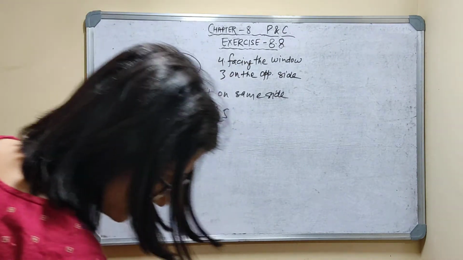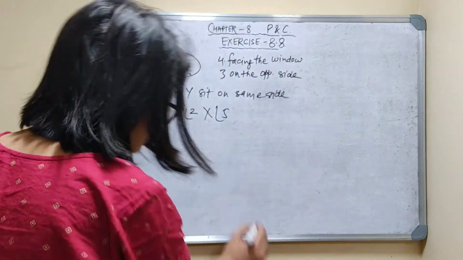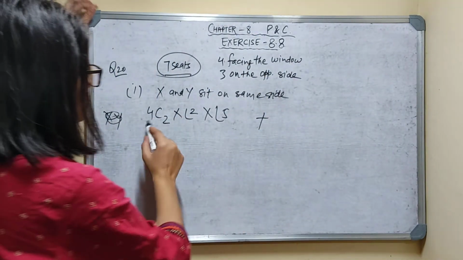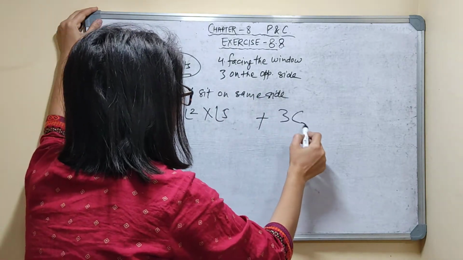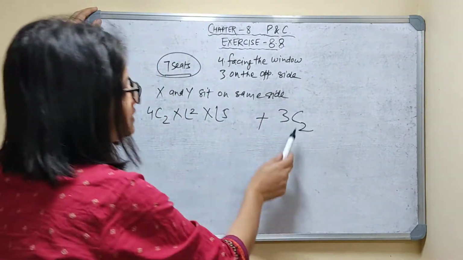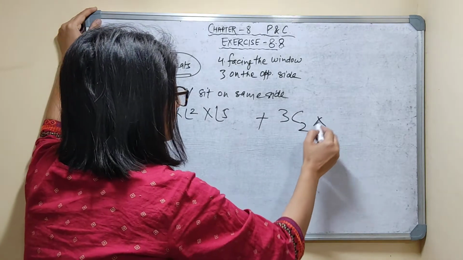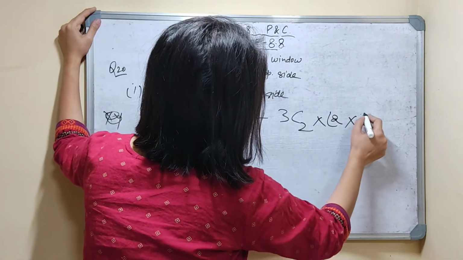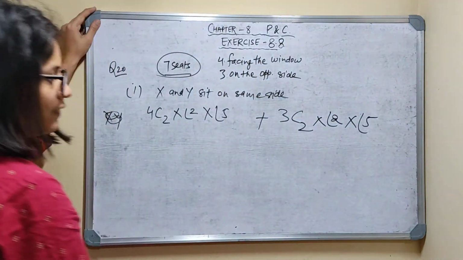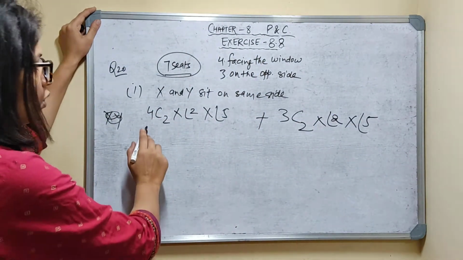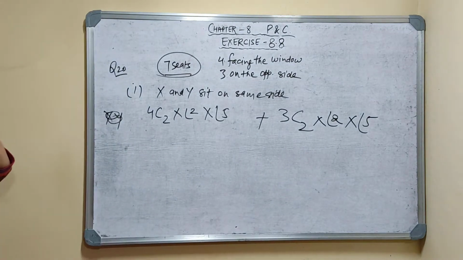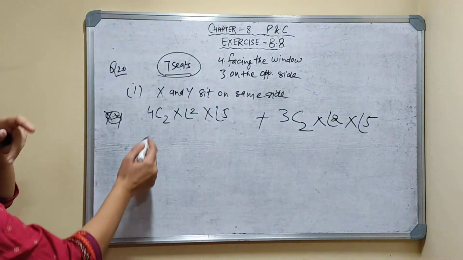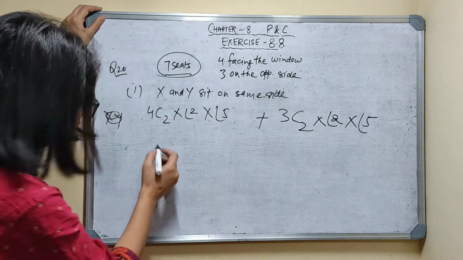Now, second case, when they are sitting on the opposite side. From these 3, I can choose 2, so 3C2, and they can rearrange themselves in factorial 2 ways. And the remaining 5 can sit in factorial 5 ways. So total ways will be this plus this, when they are facing the window and when they are on the opposite side. So 4C2 into factorial 2 into factorial 5